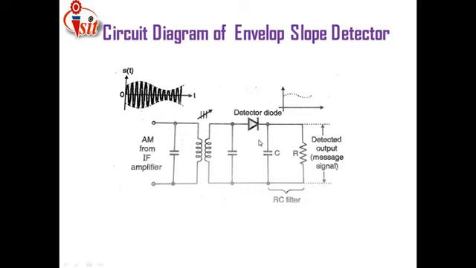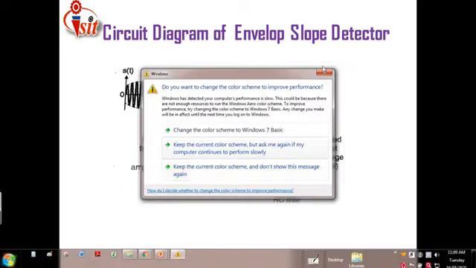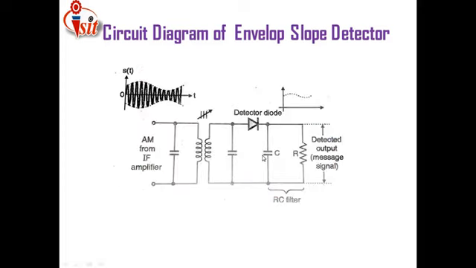Another connection related to this circuit diagram is that in every positive half cycle of the input to this diode detector, this capacitor goes on charging. Once the diode is acting in the forward direction, the capacitor goes on charging up to the peak value. Once the capacitor reaches the peak value, the diode is reverse biased, in the non-conducting region, and the capacitor slowly discharges down to a particular value.